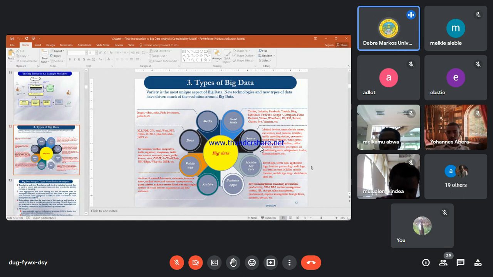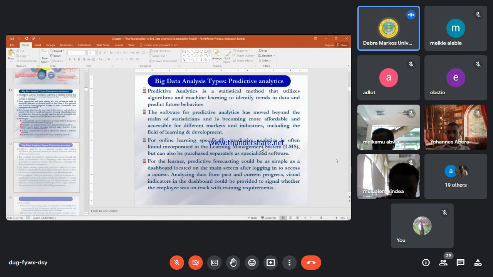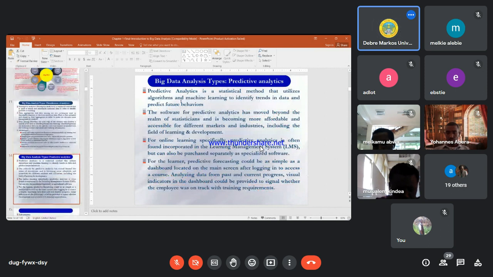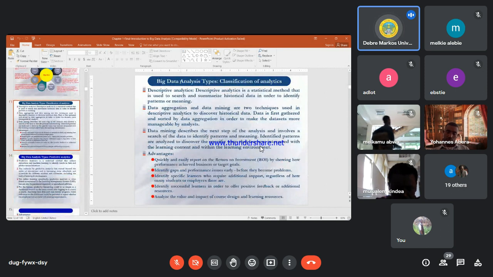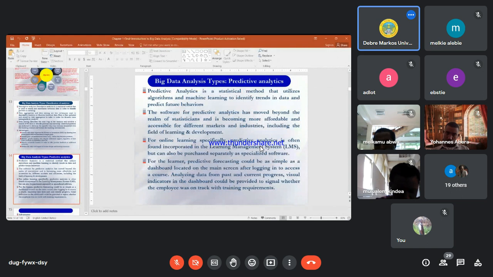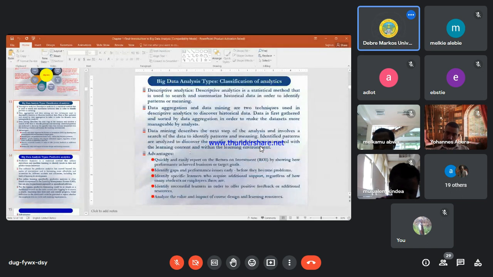So different sources can be social media, media, or any sensor data, whatever data you have. For big data analysis types, there is classification analysis. Classification analysis has both distinct inputs and distinct outputs.